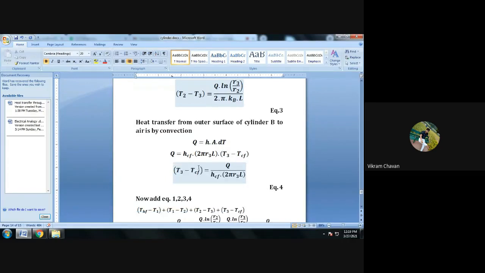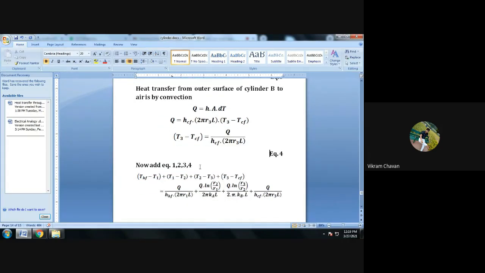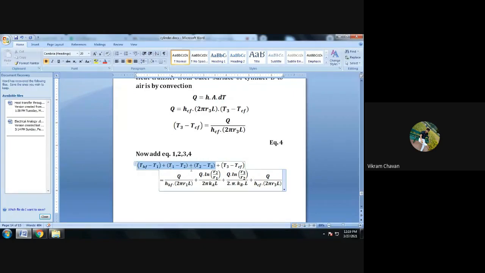Now we have to add all these 4 equations. The addition should be done in such a manner that the left hand side is added to the left hand side and the right hand side is added to the right hand side. So the addition of all the temperature differences: T_HF − T1 plus T1 − T2 plus T2 − T3 plus T3 − T_Cf, and the right hand side is added on the right hand side, equal to